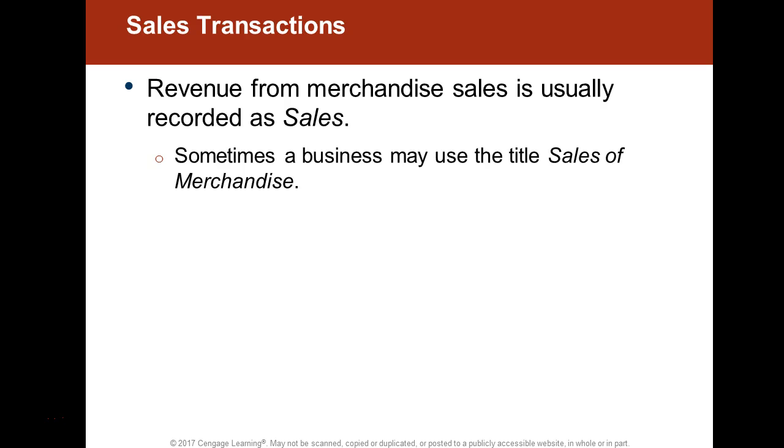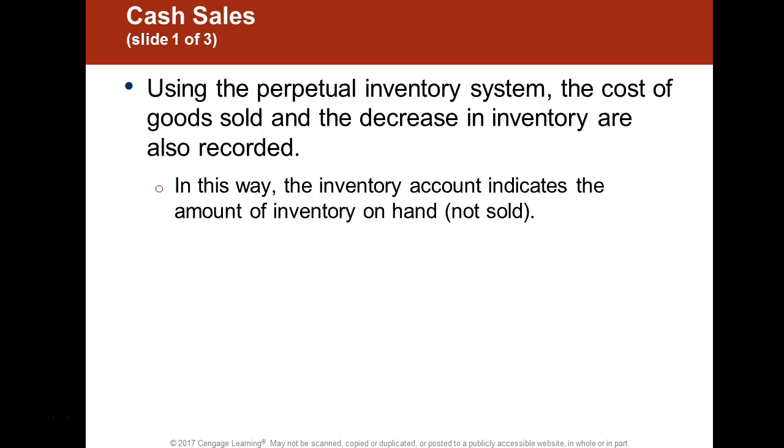Sales transactions are really the opposite side of the coin, to be honest. If Walmart, for example, purchases electronics and puts them in their storehouses for sale, they obviously have to pay within 30 days, but if they pay sooner, they get discounts. On the opposite side, when they sell those items or the electronics to you and I, they have to record, again, the sale. And revenue from merchandise sales is going to be called sales, or it could be called sales of merchandise. And again, the nomenclature is not so much strictly stated as is on the screen, because it really depends on the organization. They may very well use more specific terms to describe the revenues that they generate, but more than likely it's going to be something very close to what you see here.